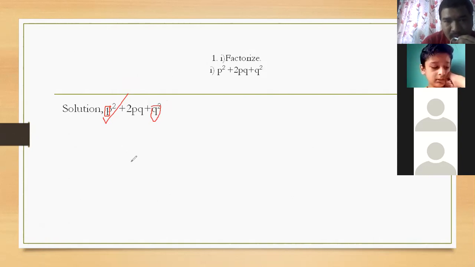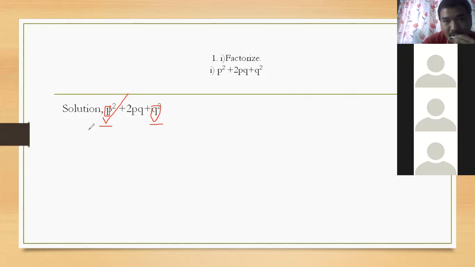In this factorization, what can be expressed first? First one we can express in square, last also we can express in square. Okay, Simrika? Sir, p plus q whole square. You are telling the right answer, Aditya, but first of all you learn the steps. What do we have to do first? First of all, we have to express first and last in square.